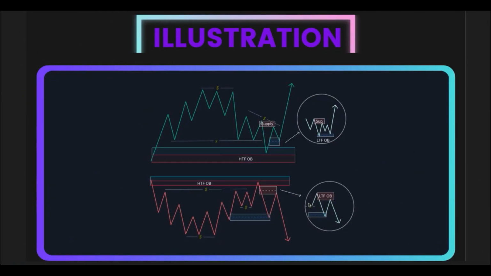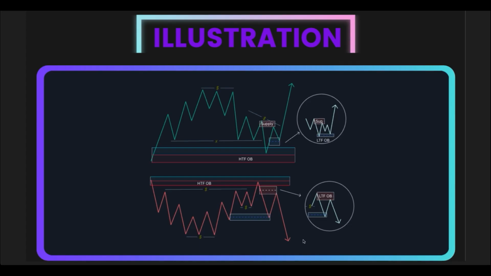All right. Okay, so here it's going to be a little bit more advanced because we're going to be combining higher time frames with lower time frames. So here you'll see price is heading towards the upside, creates some liquidity before going down, and then it'll tap into a higher time frame order block from which you will drop down to a lower time frame, right? As you can see, price might react to some of this external liquidity, but it'll tap into a lower time frame order block before